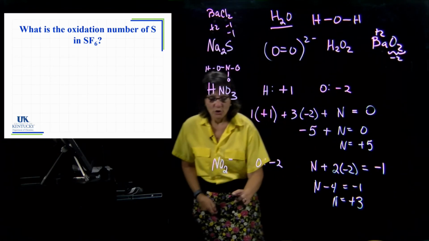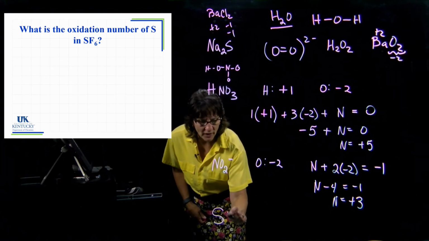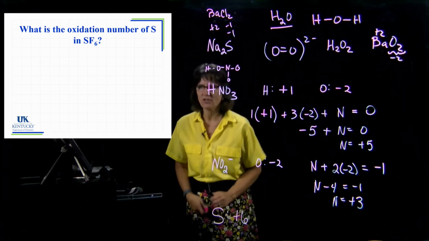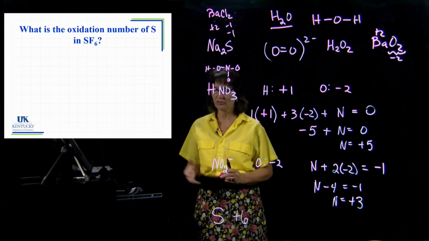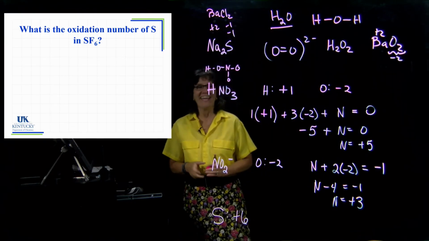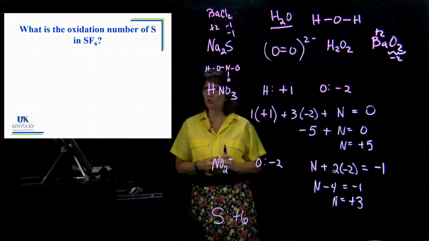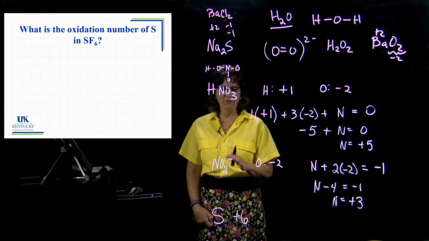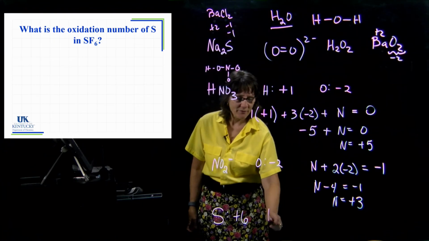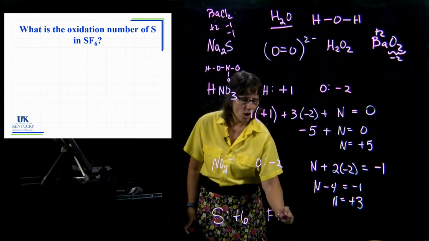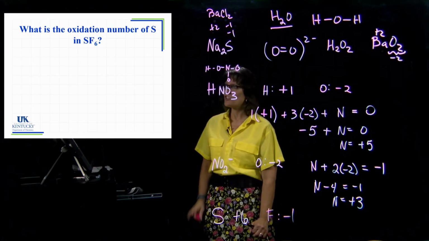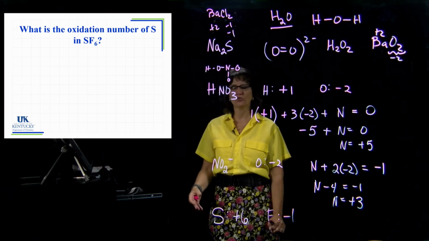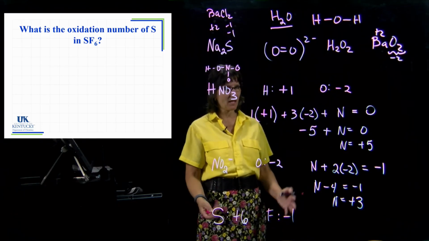Well, hopefully you've figured out that sulfur has a +6 oxidation state. If you came up with +6, pat yourself on the back. It's not an ionic compound, so it doesn't have a true +6 charge, but it has a +6 oxidation number. And if you're wondering how I got that, we have a rule for fluorine. Fluorine is always a -1. There are 6 of the -1s, so sulfur has to be a +6 to make up for it,